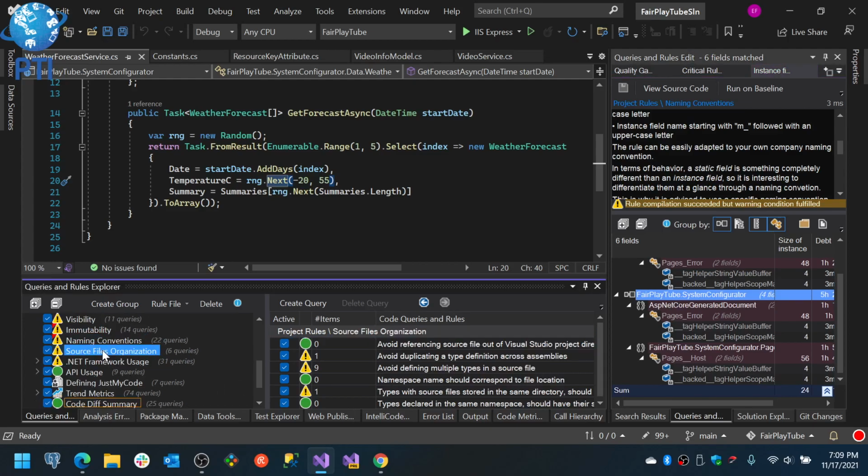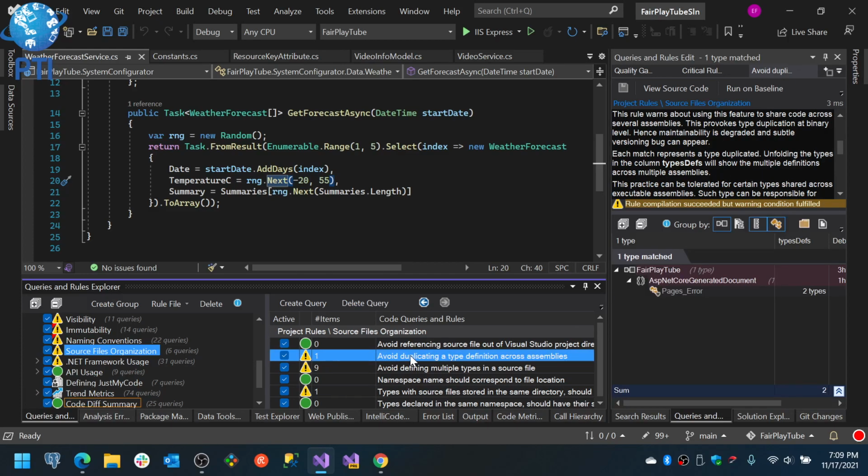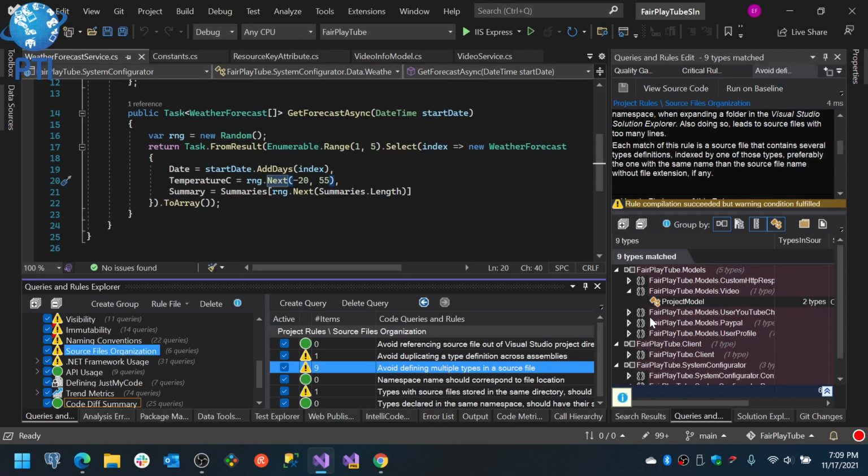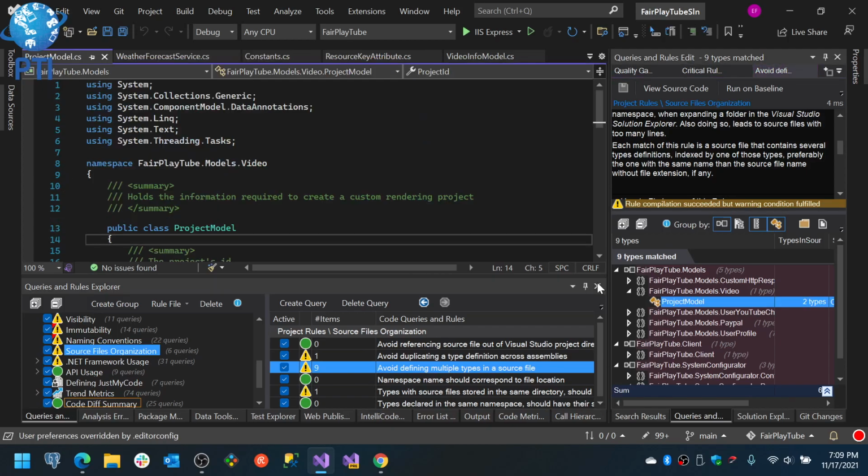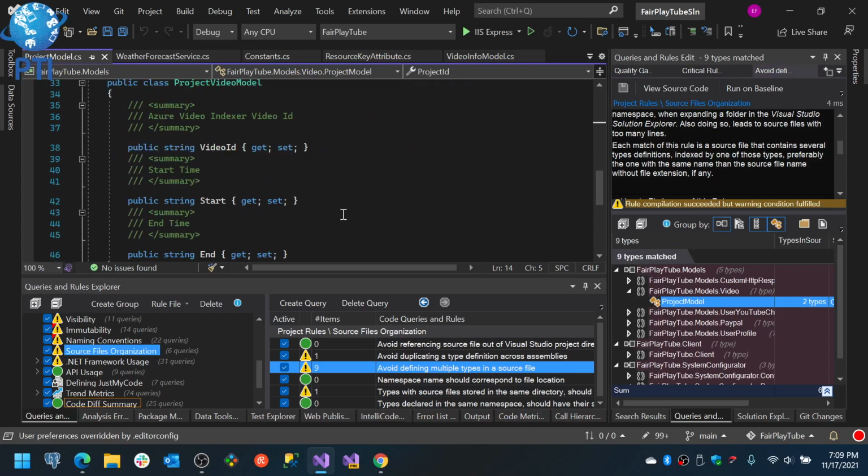Source files organization. Avoid duplicating a type definition across assemblies. Yeah, the pages error. This one looks a little bit there. Avoid defining multiple types in a source file. Now, I agree with this one,